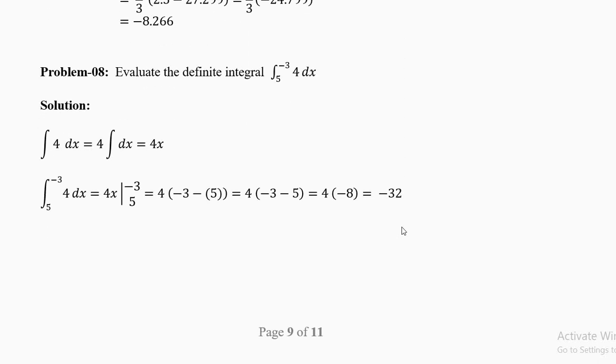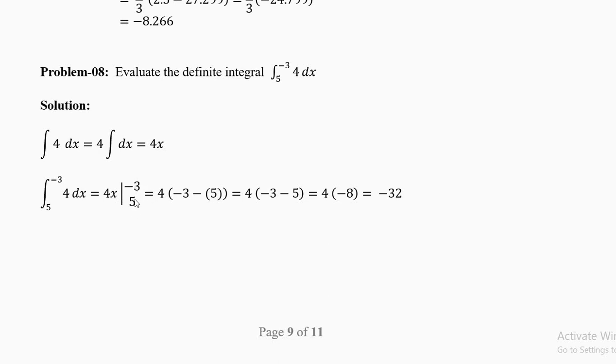Next, we'll do a very simple one. Evaluate the integral. Now, don't worry why 5 is coming here and minus 3 is coming here. It should be opposite. Do not change the limits. Do not change any limits. Now, don't look at these limits here. Integration of 4 dx is 4 outside, take 1 inside. We do not write the 1 here. It is 4x. Now, 4x from 5 to minus 3. It is not minus 3 to 5. It is 5 to minus 3.